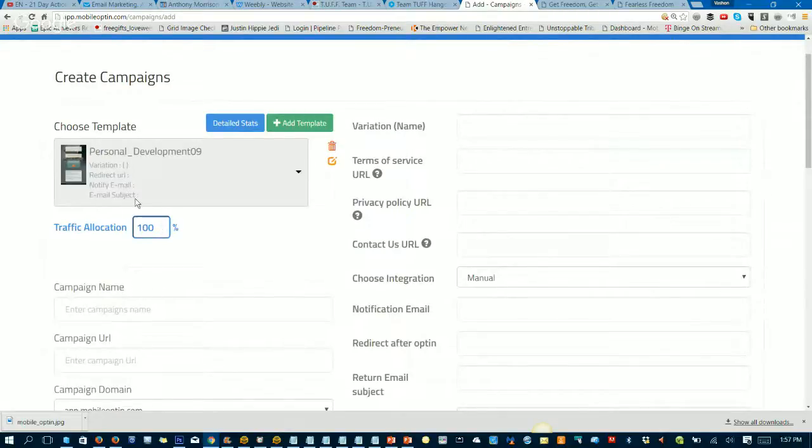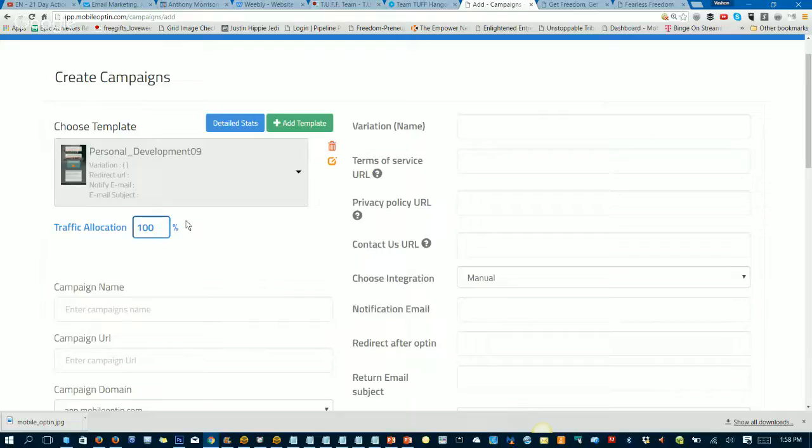You can do what's called split testing, and I highly recommend that. What that means is that you create multiple versions of the same opt-in page, and when you send somebody to that link, it randomly chooses one of the versions you created. Let's say you created 3 different versions.